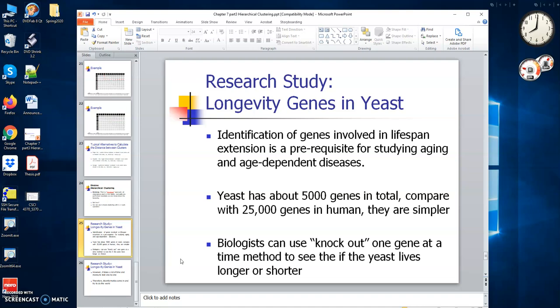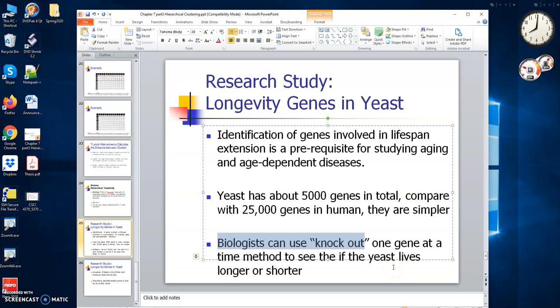What they are trying to do is that they looked into the genes of the yeast. And why yeast? Because yeast has only 5,000 genes, compared with human, we have much more. And we can do a lot of special things about the genes on the yeast without violating any law or anything. So biologists try to look into the genes and then say, hey, let's try on this gene. So they knock out the genes. Basically, they just totally take the gene away,